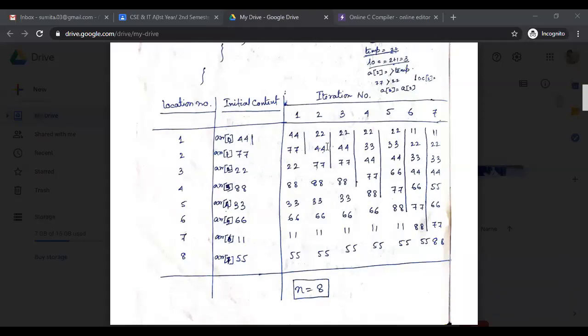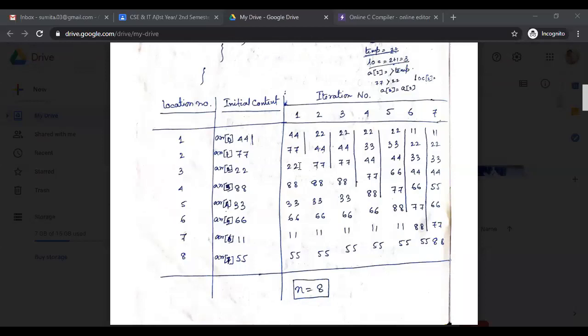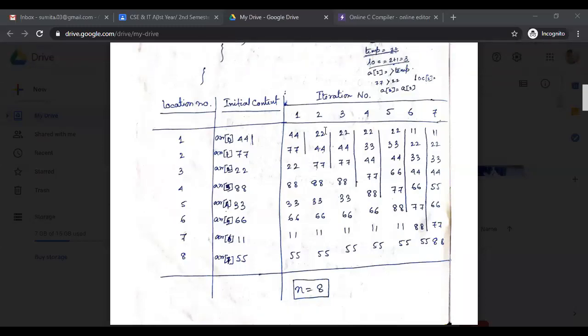Now move on to the third iteration, where I am going to insert 22, because as the third element we have 22. In the third iteration, the comparison is between 44, 77 and 22.